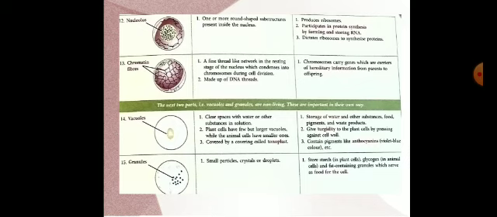Now the next one is chromatin fibers. You can see these thread-like structures. These thread-like structures are made up of DNA threads. They are present inside the nucleus only. So they carry the genes, which are a hereditary unit that transfers from parents to offspring, from one generation to another generation.